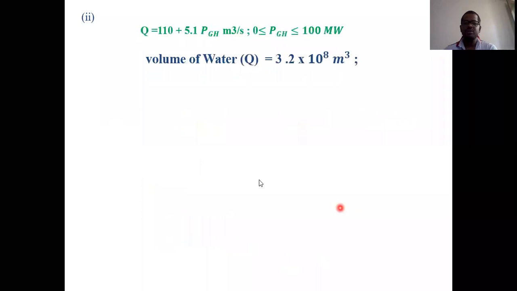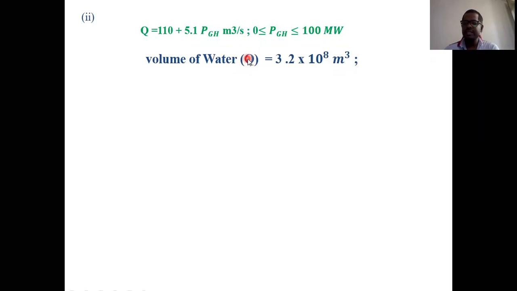So let's have a look at this one. How to get the values, that is Q, TT and TH value? Q is nothing but the characteristics of the ideal power plant, and one more given data is there, that is case 2, that is Q equals 3.2 into 10 power 8 meter cube. So both are the same, this is also a Q value and this is also a Q value.